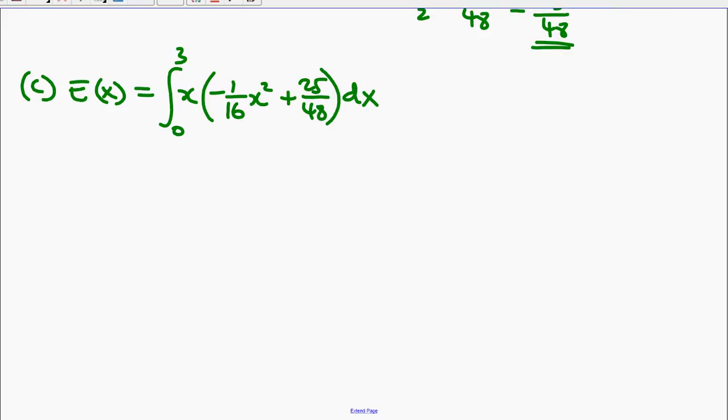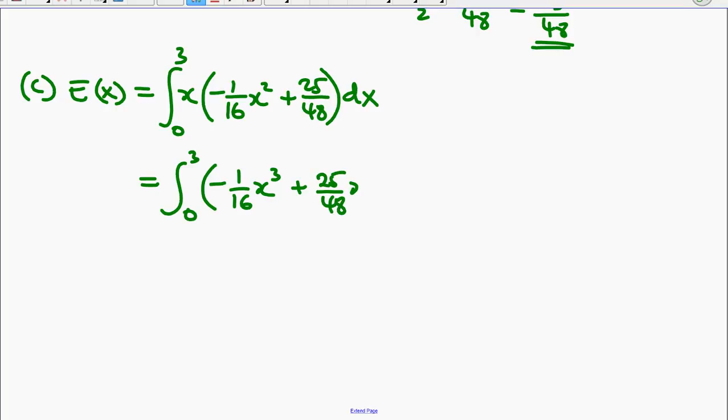So the expected value will be equal to, if I just simplify the integrand here, I'll end up with negative 1 over 16 x cubed plus 25 over 48 x. Now, if you work this out,